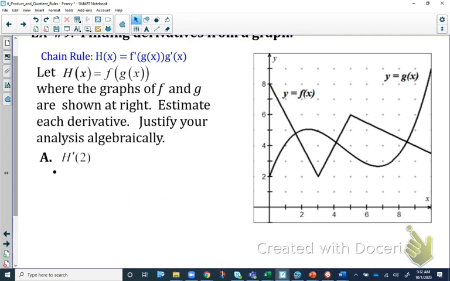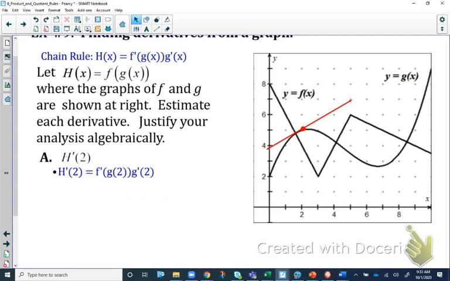So here, if I want to find the derivative of h, I have to use that chain rule where I say the derivative of the inside, which is g prime of x, times the derivative of the whole thing, which is f prime of g of x. So here we want to know what h prime of 2 is. So here, using kind of what we did on the last example,